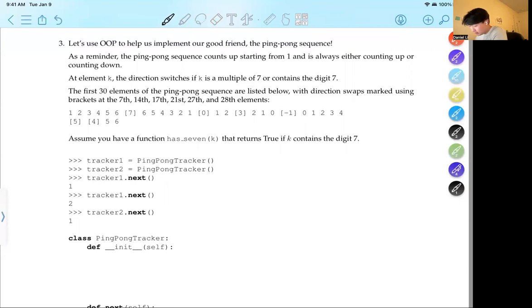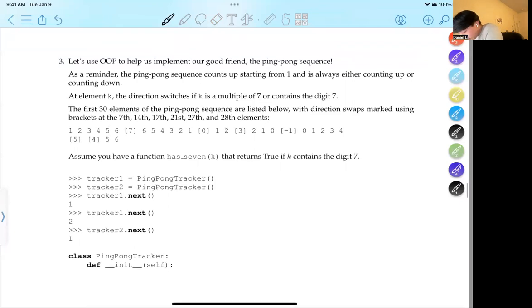Okay, let's do this. Question three. Let's use OOP to help us implement our good friend, the ping pong sequence. As a reminder, the ping pong sequence counts up starting from one and is always either counting up or counting